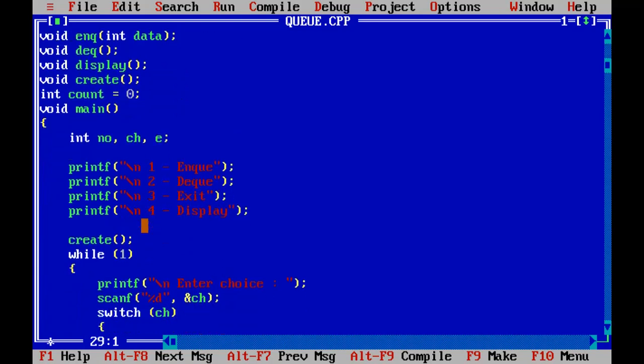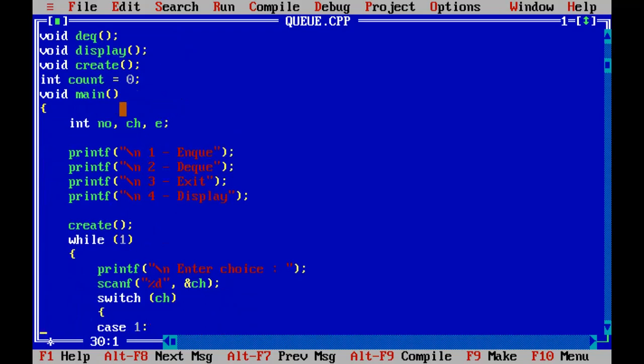Okay. So in the main function we have taken three variables, that is number, choice and element. Choice is for the user's choice.